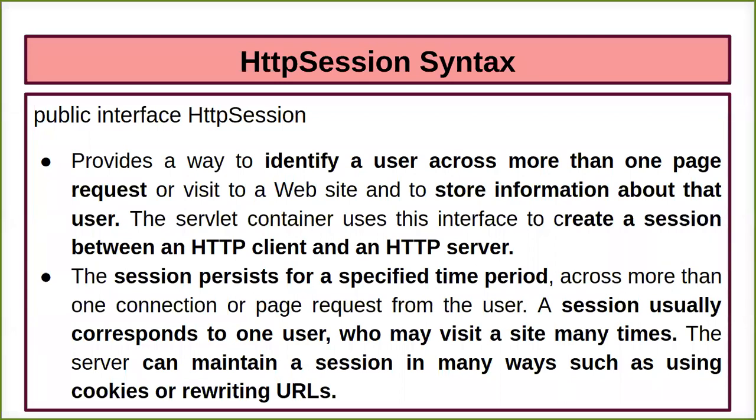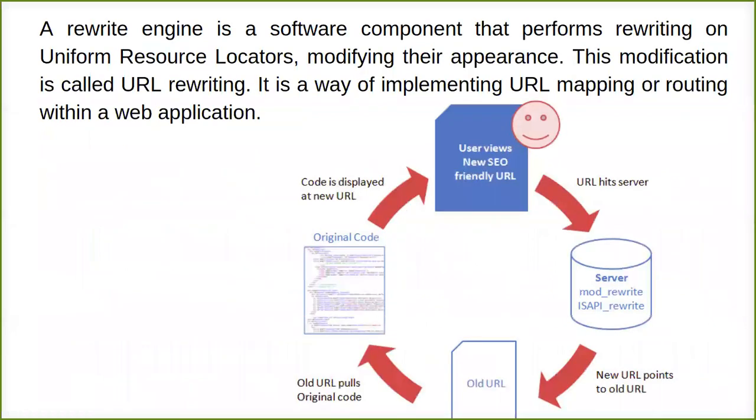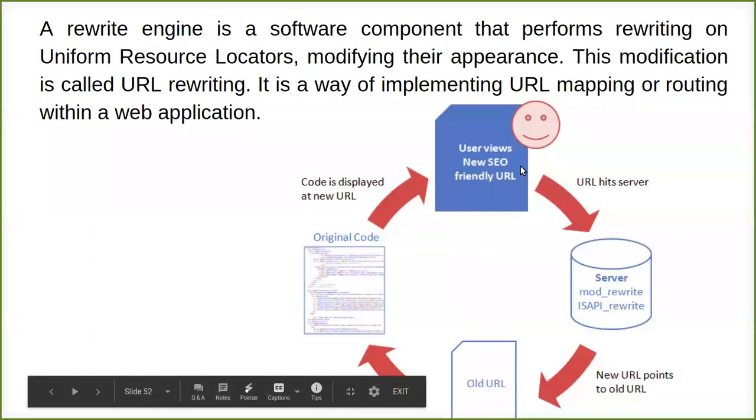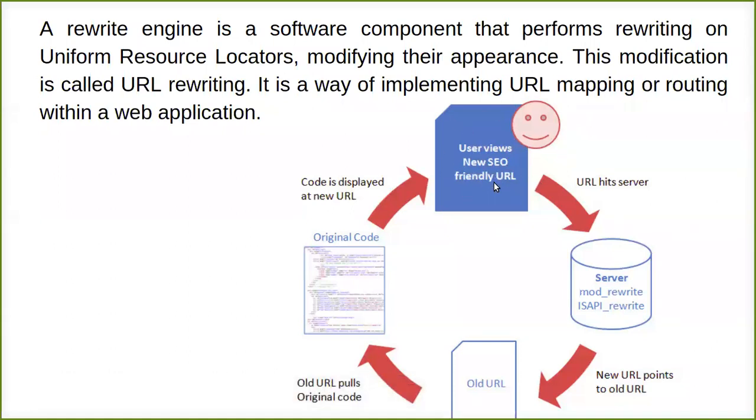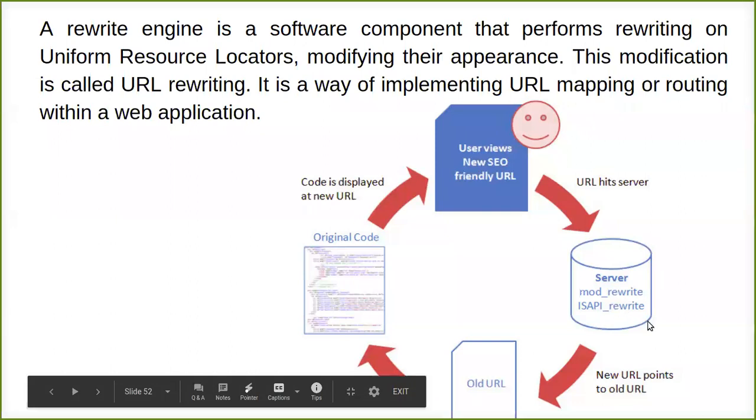So we know what cookies are. We'll just go through the rewriting URLs. Now, here there is one concept, that is rewriting URLs, where URL stands for uniform resource locator. That means, say for example, we'll just go through this particular diagram. So this is what you have, the user. Okay, the user is finding one of the URLs, facebook.com. So that URL is going to head to the server, the Facebook server. From here, the URL is going to fetch, and it is going to come to the user.